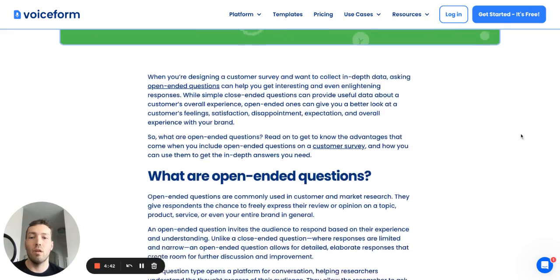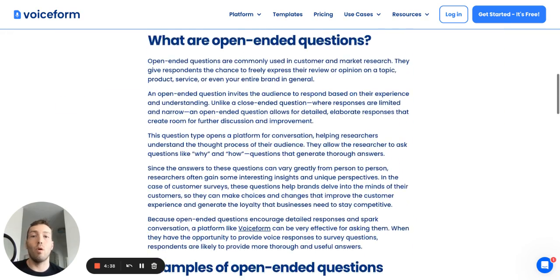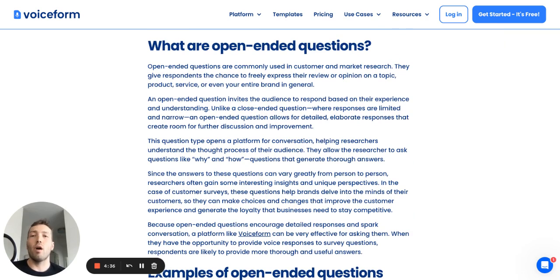So let's dive in. First things first, we'll chat about what open-ended questions are. These are questions that don't have a closed or finite number of response options for a user. In a closed-ended question, you can think of it like a multiple choice question. There will be a finite number of choices or options for users to respond to, which makes it really easy to analyze the data, but really misses out on the more expressive, unstructured data that might come from an open-ended question, such as a question that lets users respond with a text box